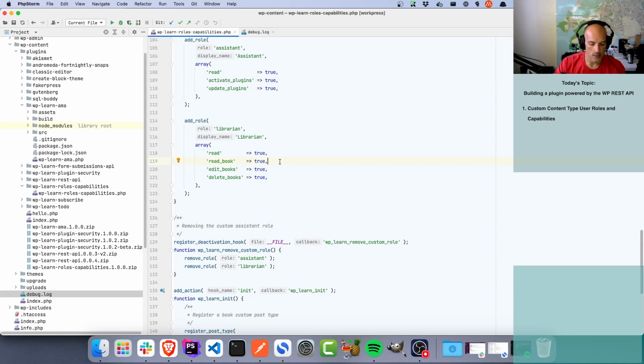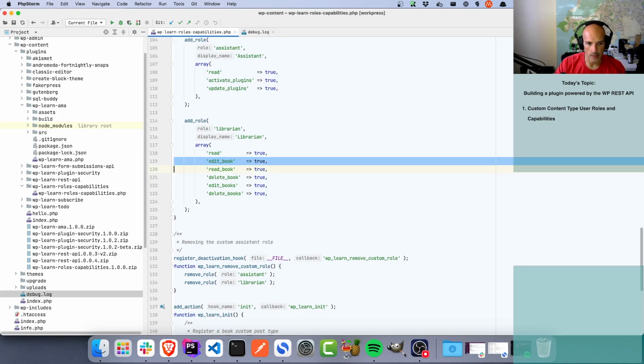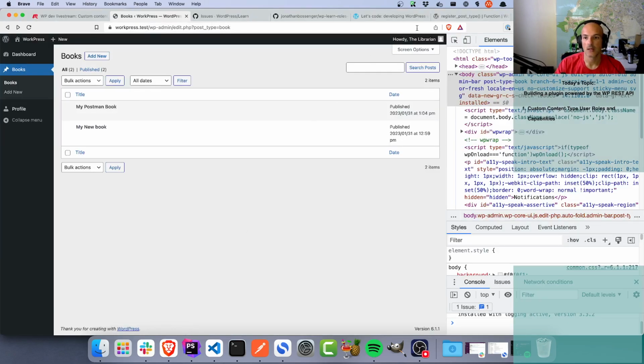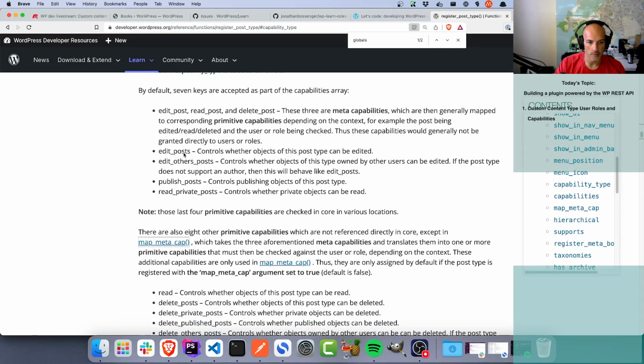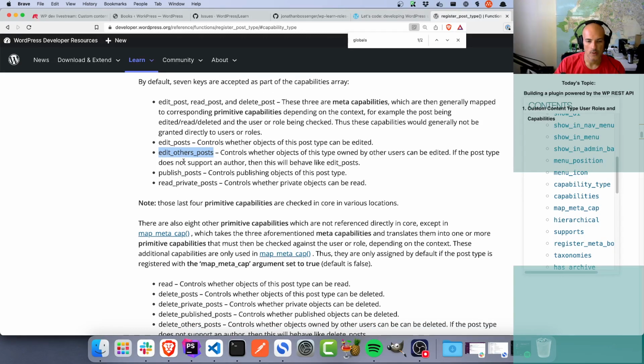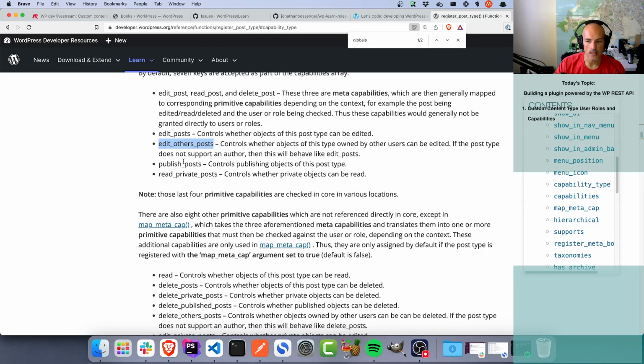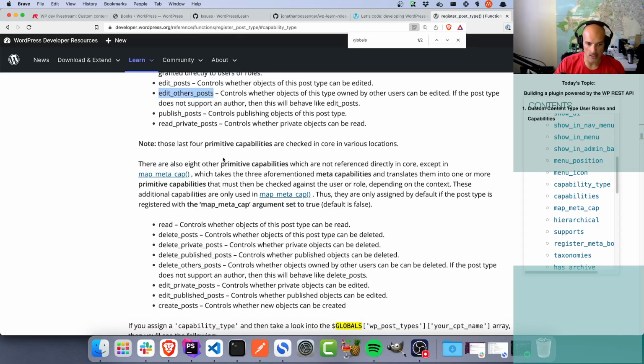So you might be wondering, I'll cover this in the workshop as well, why, when I did that, it enabled all the other things. And that's because when you enable those top level meta capabilities, they enable edit posts and edit others posts. You see that? So it's better to enable map metacap, let all the capabilities exist, and then define specific capabilities. Now,